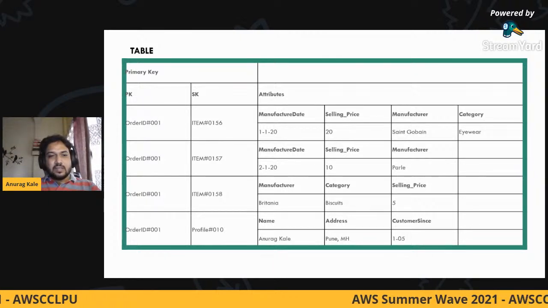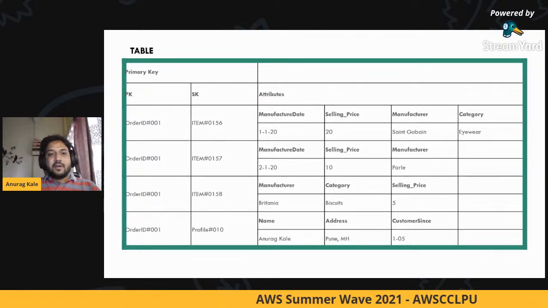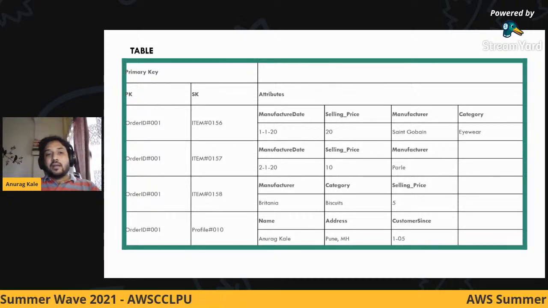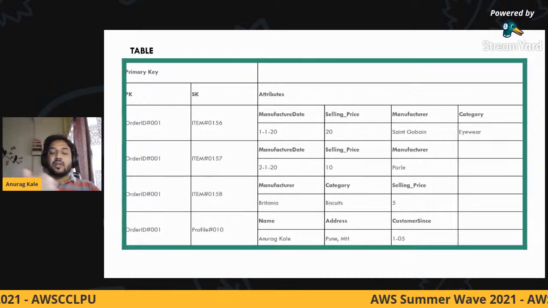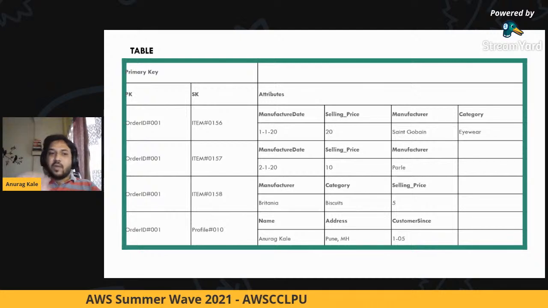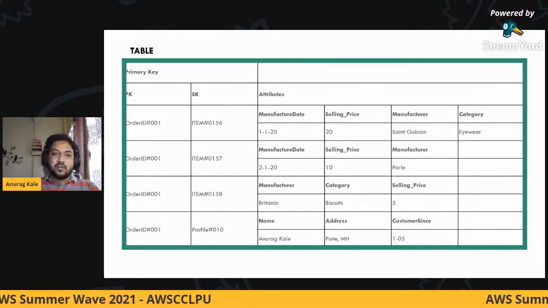In these, they have different attributes and different values. So what does attribute mean? Attribute, you can generally relate to as column name in relational databases, and the value is whatever value for that particular row for that particular attribute.